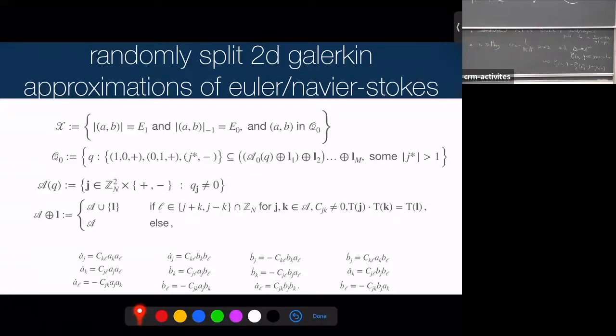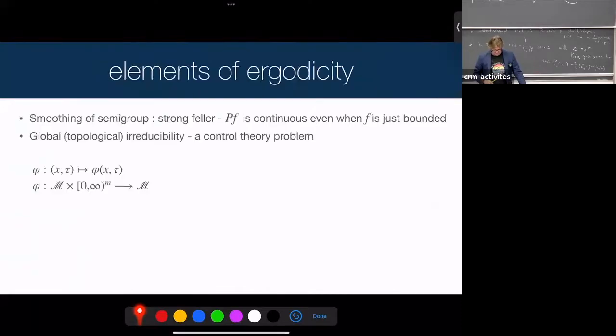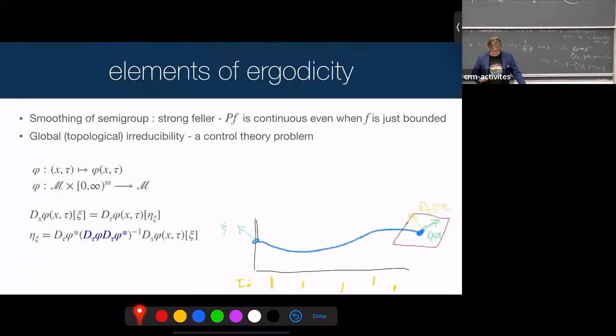You'll notice there's some complicated lattice operations that move you around, which are very reminiscent of before, but now they're on the initial data. They're not on the forcing, they're on the initial data. If you have initial data with enough non-zero components, you're guaranteed to enter into the vault. But there are actually submanifolds that are invariant, that this randomization never moves you off. But they are all of Lebesgue 0 in the bigger set. Elements of ergodicity. All right.